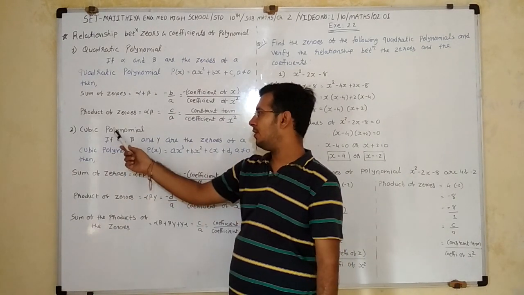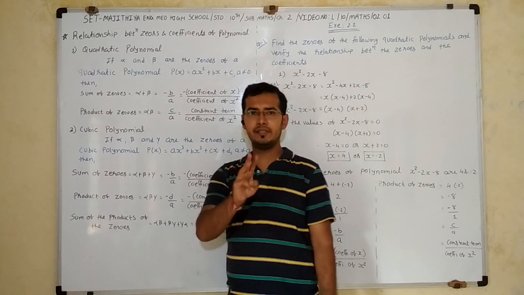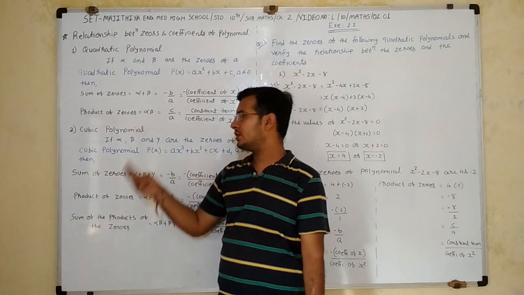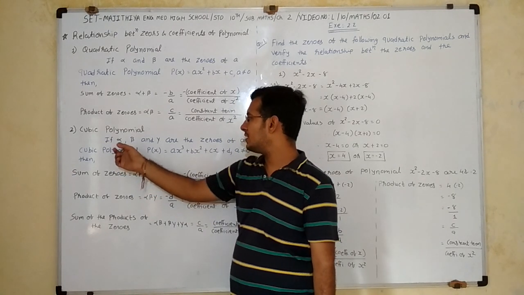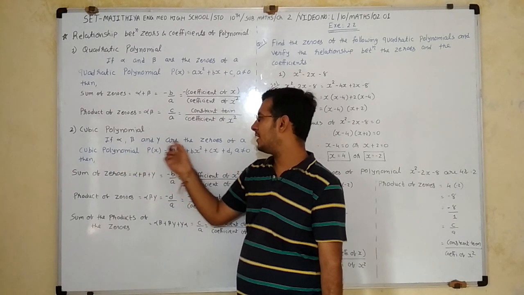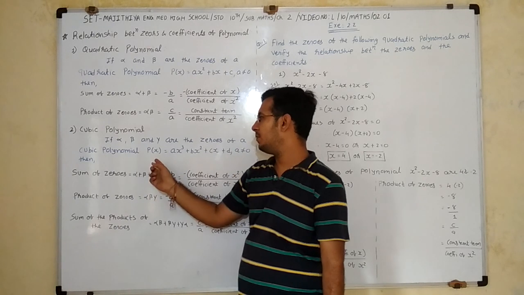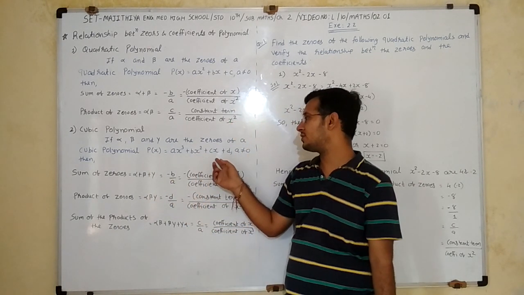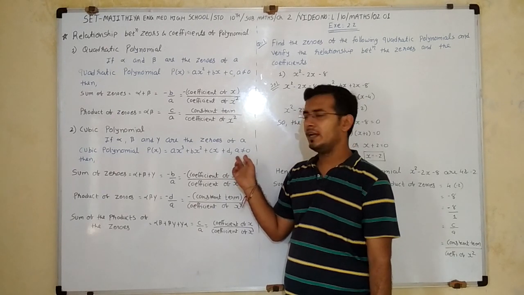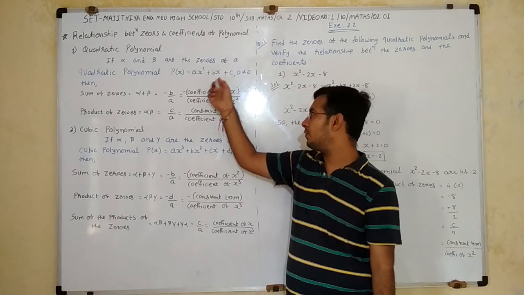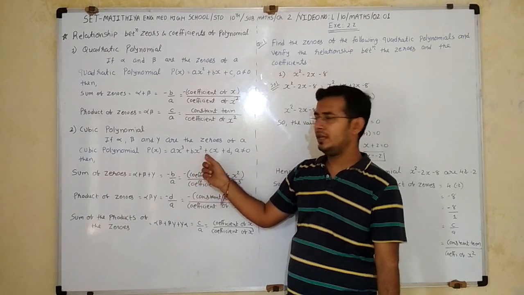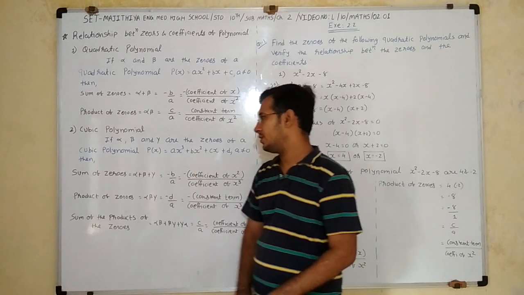Similarly, for a cubic polynomial, there are 3 zeros. Okay, we get 3 zeros, so we get 3 constants. That is, the variables alpha, beta and gamma are the zeros of the cubic polynomial. So the basic cubic polynomial is ax cube plus bx square plus cx plus d, where a is not equal to 0. Similarly for this condition, if we put a equal to 0, we get a quadratic equation, not a cubic equation. That's right.